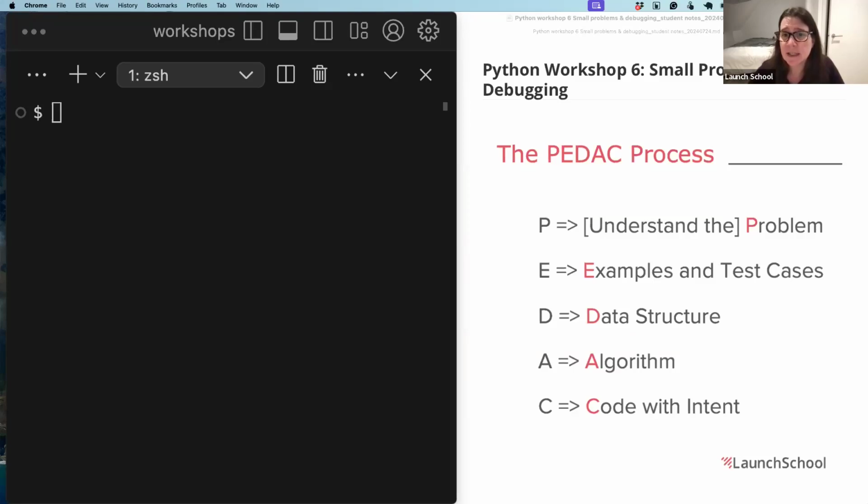And then finally, we code with intent by just translating the algorithm step by step into Python code. Now, at this point, you might be wondering whether it's just quicker to skip all of that and just go straight to coding. And it's a fair question, and sometimes it is. But when problems get trickier, this PEDAC process really, really helps, because it helps solve the two-layer problem, which is when